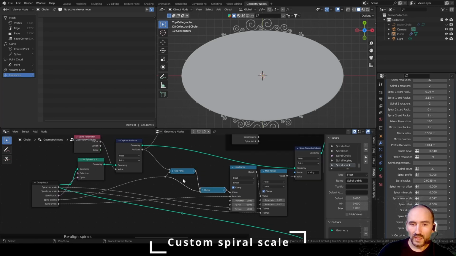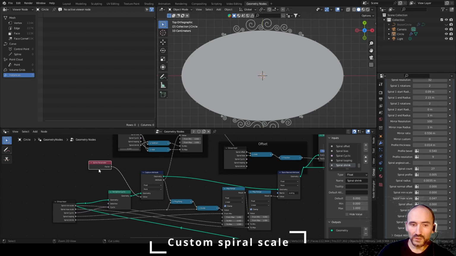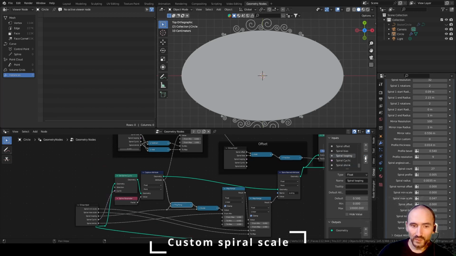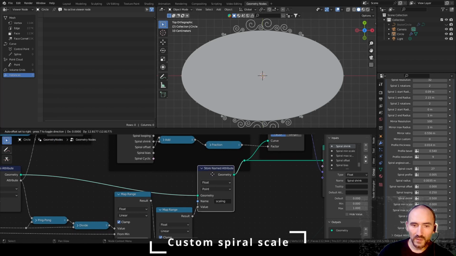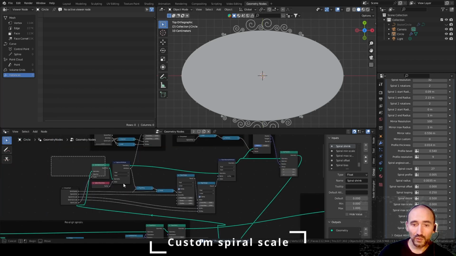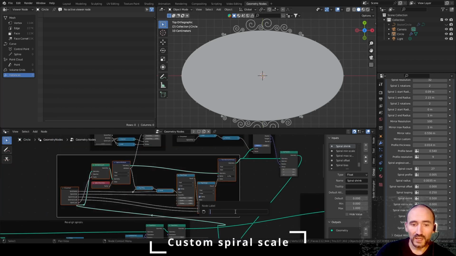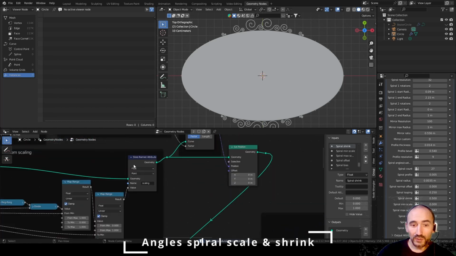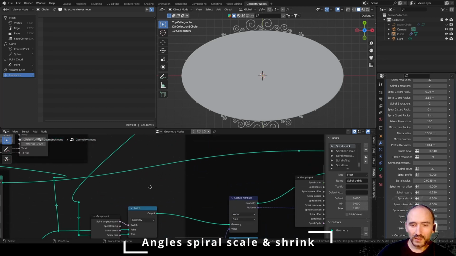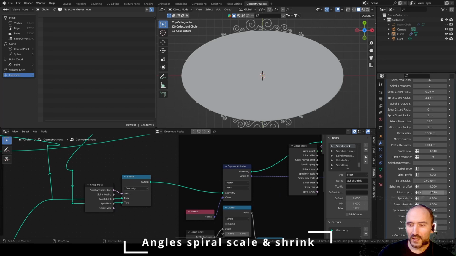So now that we have these nodes here, we can move these nodes, we can move the looping up and the shrink value up, perfect, and we can save this information here in the scale name attribute. I can select all these nodes, Ctrl J to custom scaling. Now we have the scaling attribute stored in our geometry, but we don't have it in the case of the angle